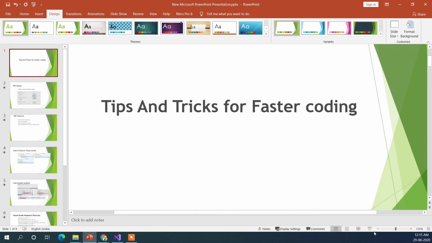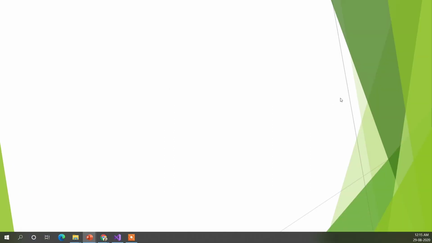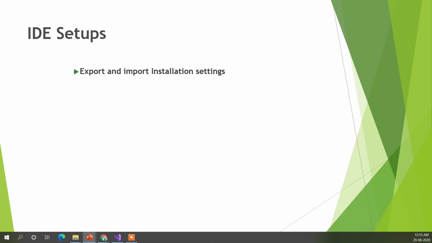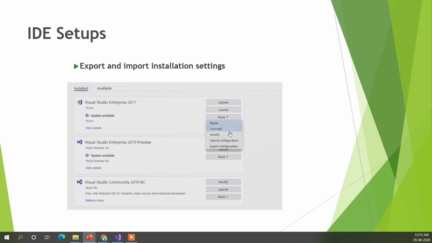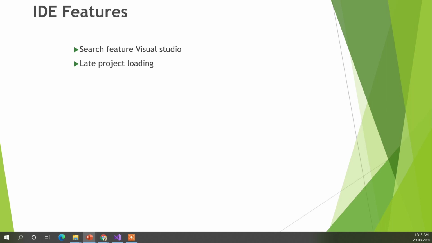Yes. So what we have done, for faster coding, first is the installation related stuff, so we can import settings and export them to new installations. Then we have IDE features like the search feature in Visual Studio. Then another one is late project loading, and we can also choose to load only dependency projects.